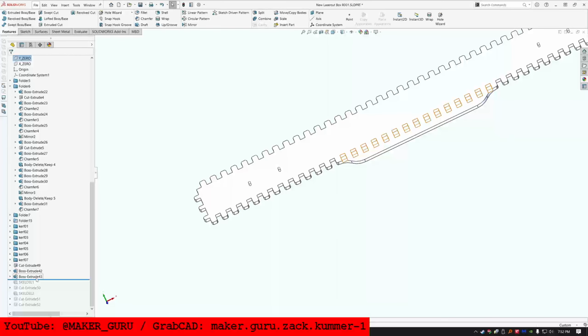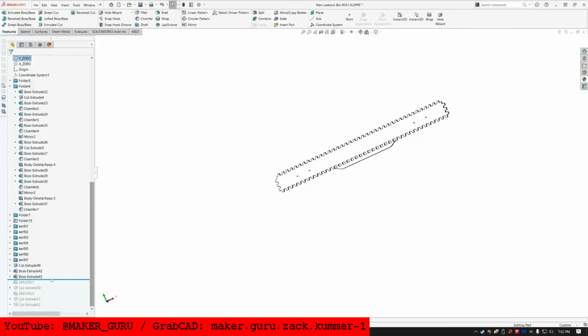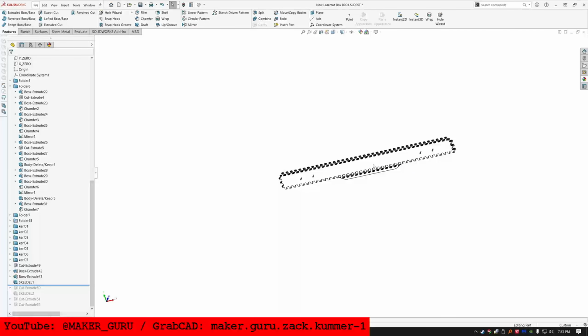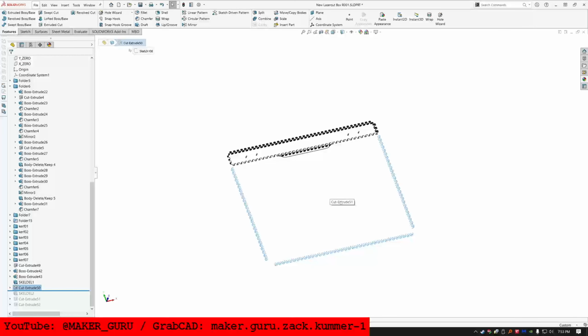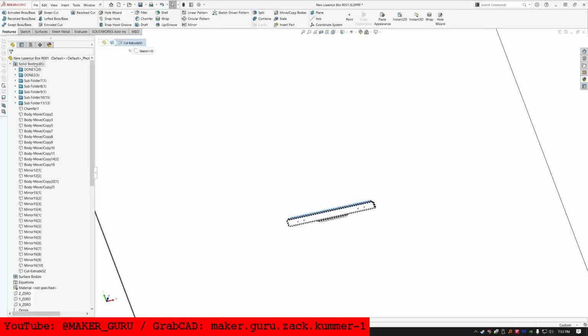Alright, so that is that. Then I went ahead and since this was completed, I deleted the thing I was using to reference it. Then did a similar thing, just looked up the same stuff to do a cutout there and deleted that too. And then did those and did those. So right now